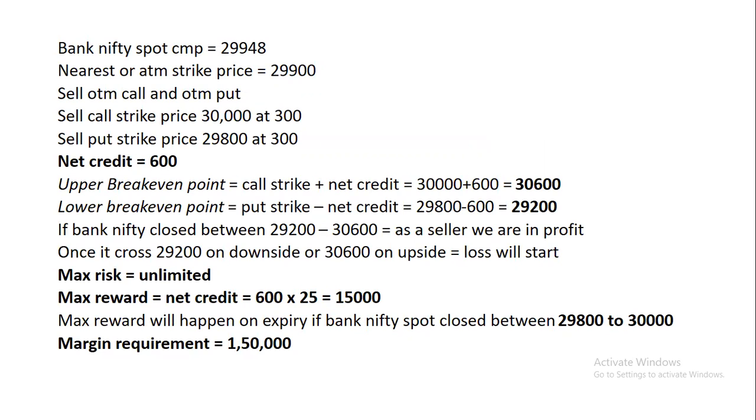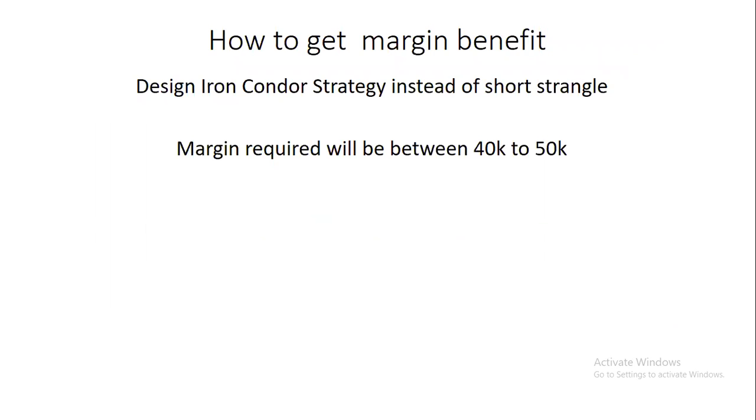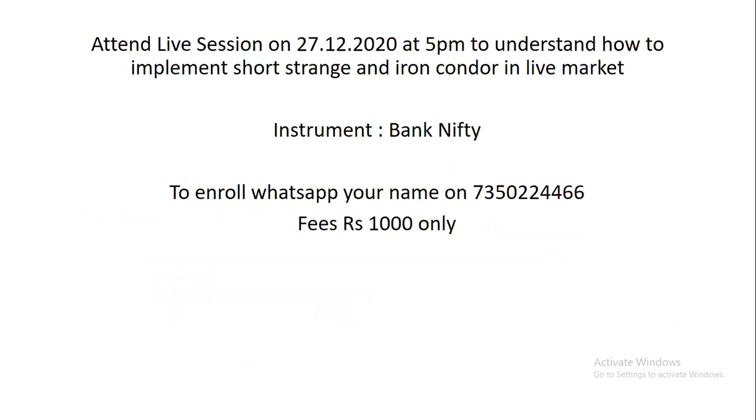Both these strategies which we have discussed are mechanical trading systems. You just need to design the strategy and leave it till Thursday, the day of expiry. When we should design these strategies, whether on Friday, Monday, Tuesday or Wednesday, which strike price we should select, all these things we are going to discuss in my live session. Where to keep the stop loss? If you are designing short strangles, there is a need to keep a stop loss, because there is always overnight risk. But when you are designing the iron condor strategy, there is no need to keep any stop loss, as your